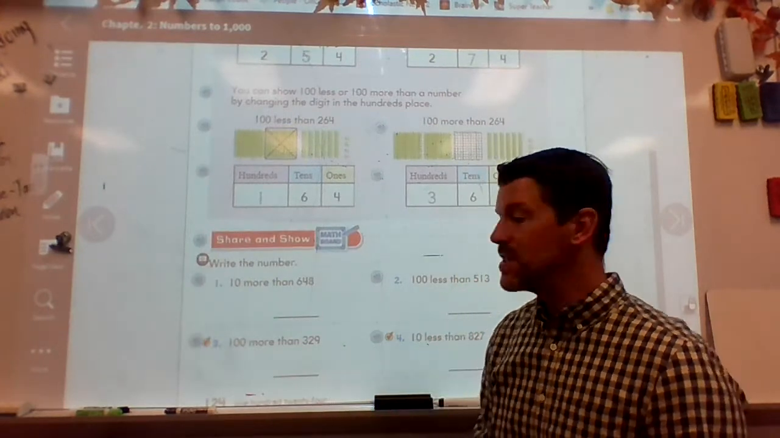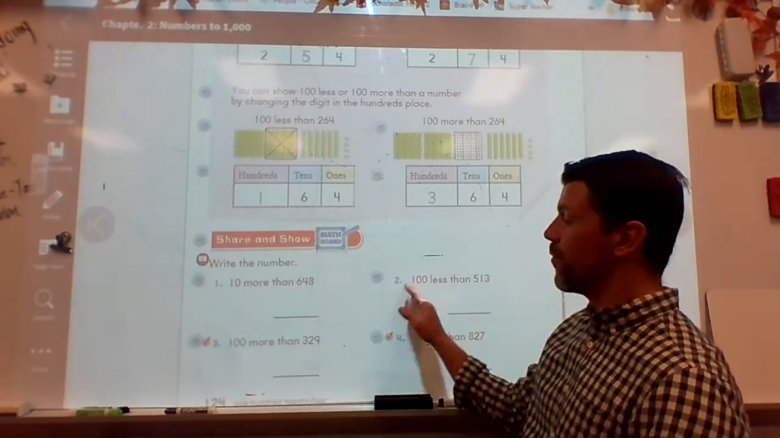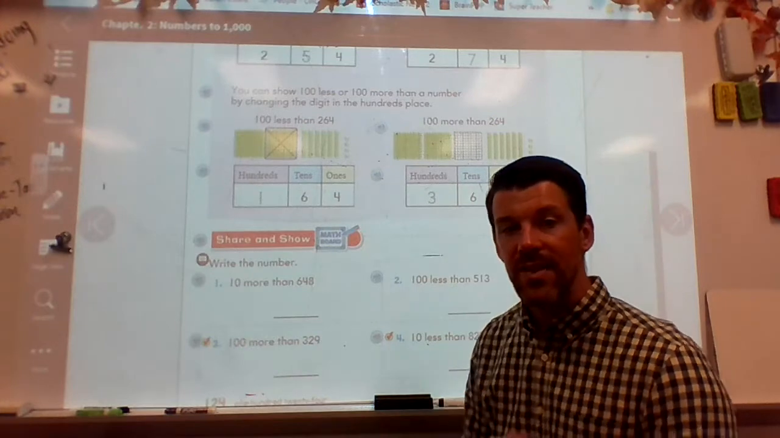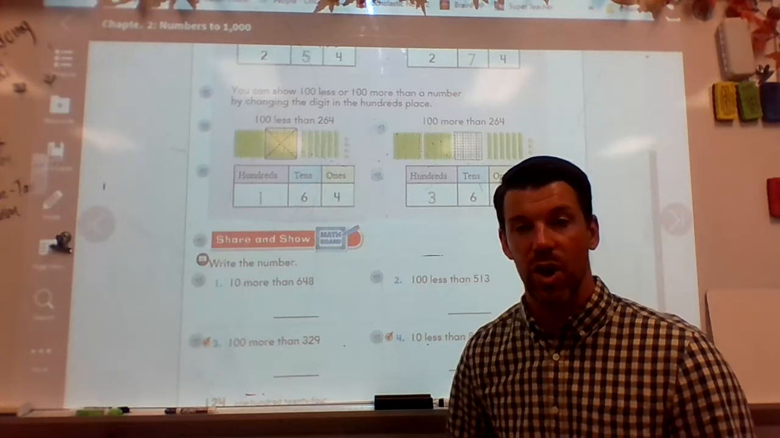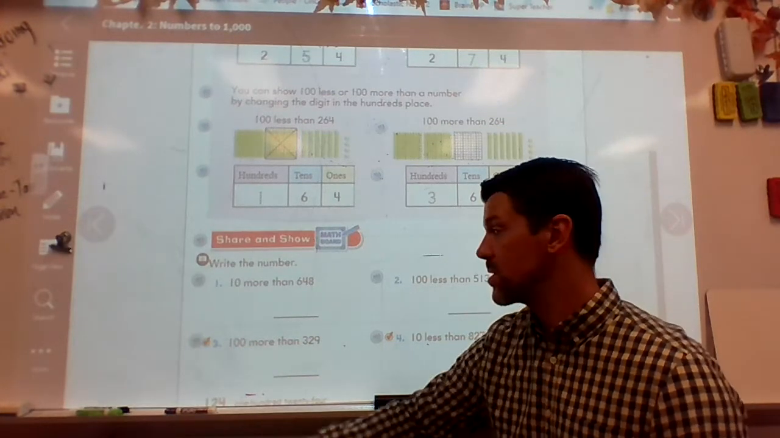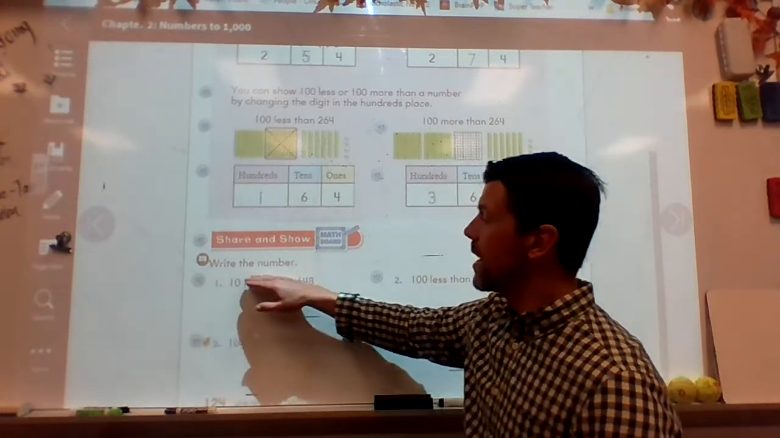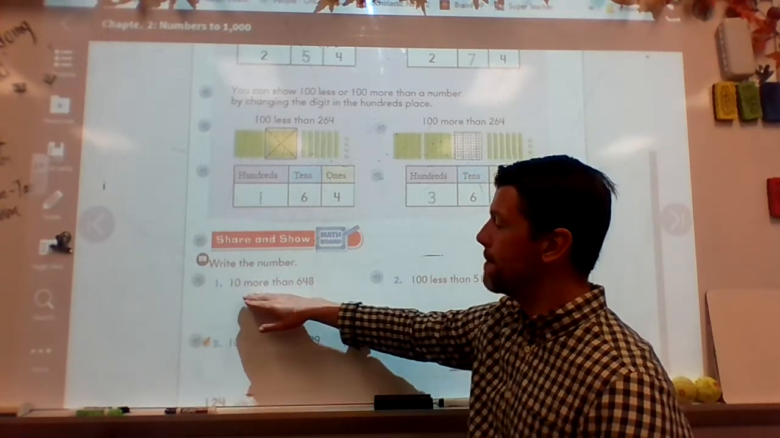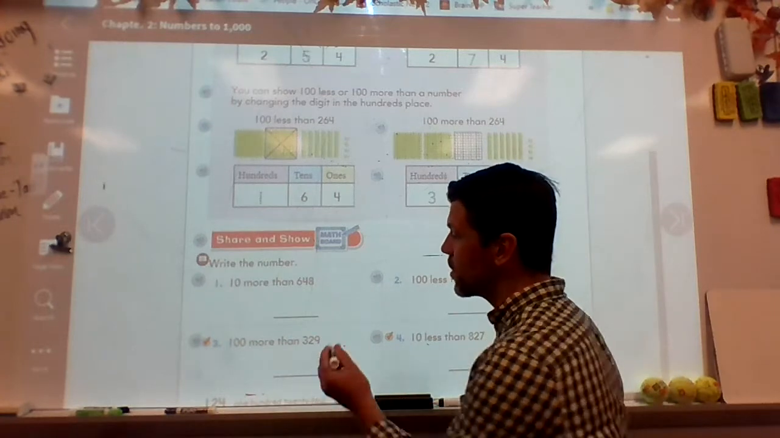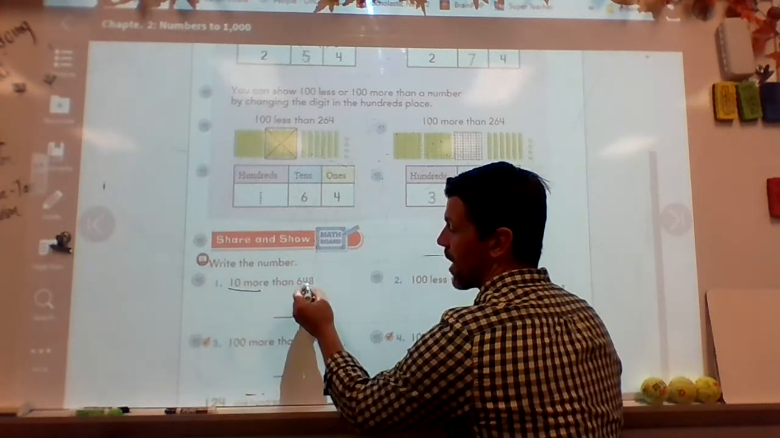So down the bottom of this page, we have to do 4 problems. Let's do them together and then you can try to start the next page on your own and I'll show you the correct answers. So this one says, write the number 10 more. So the first thing I'm going to do, I'm going to underline this 10 more and I'm going to underline